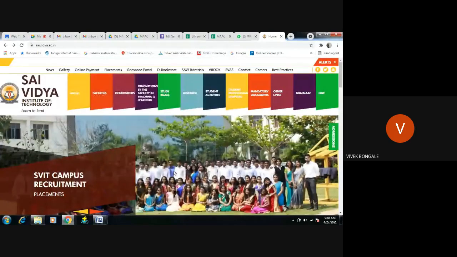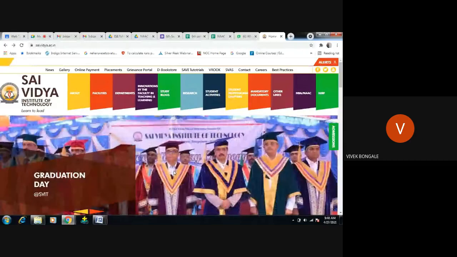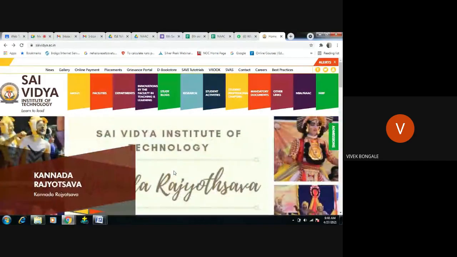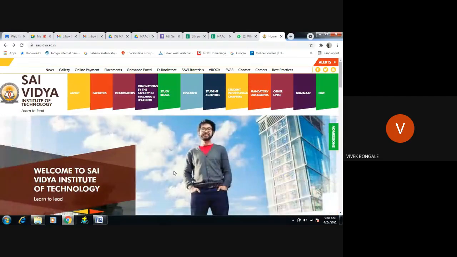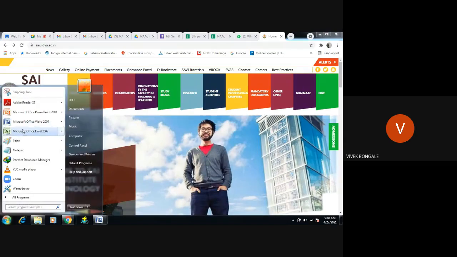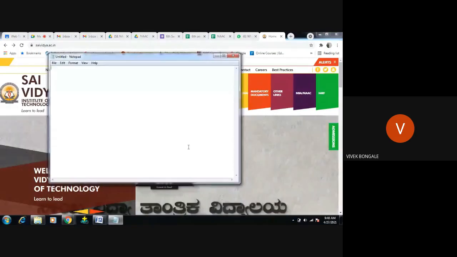How to create header and footer you already know, right? In yesterday's example I showed. In the header, you can use the image part. For the footer, you can use that copyright symbol. At last we showed the copyright symbol, right? So that we have to organize in our program. That's it. Correct? So I just open one notepad over here.